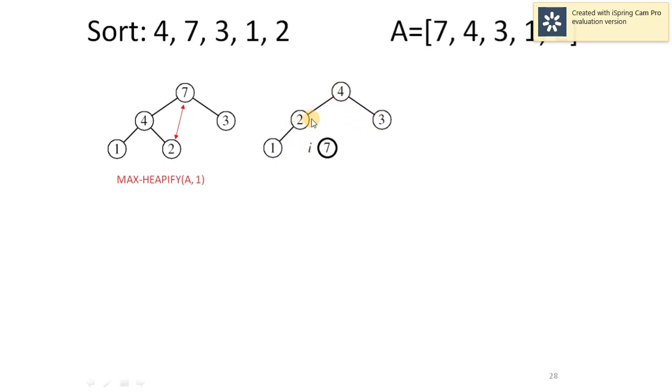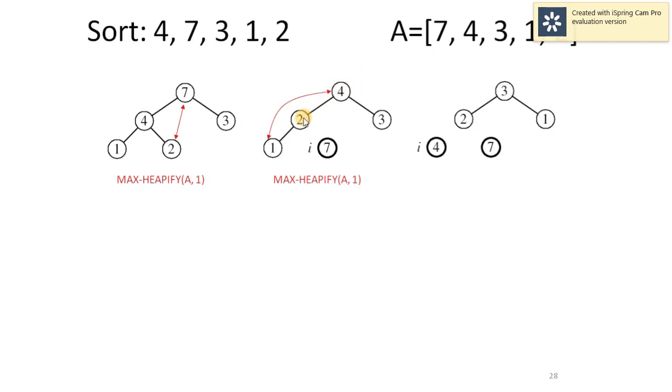So when we compute the child of index position 2, because 2 is present at index position 2, 2 times 2 is 4, plus 1 will give us 5. The right child of 2 does not exist because 5 is not less than 4. So next step, we will swap 4 and 1. Accordingly we will get 4 over here. We have reduced the size of the heap by 1 and then 1 comes out to be at the root.